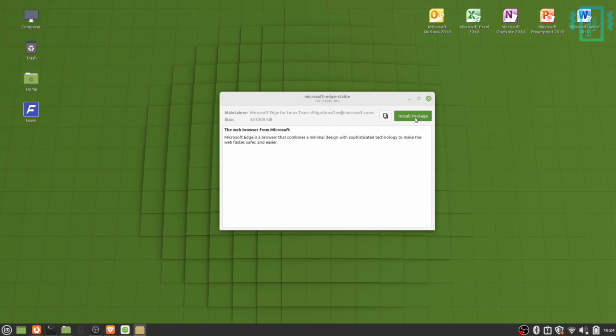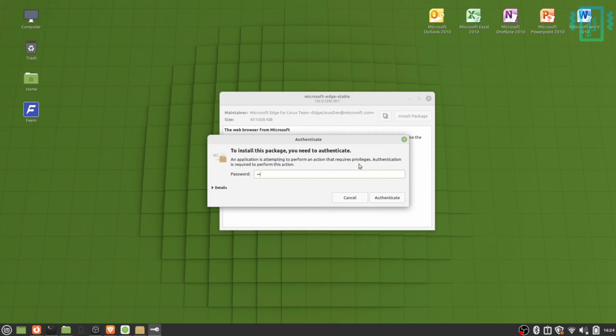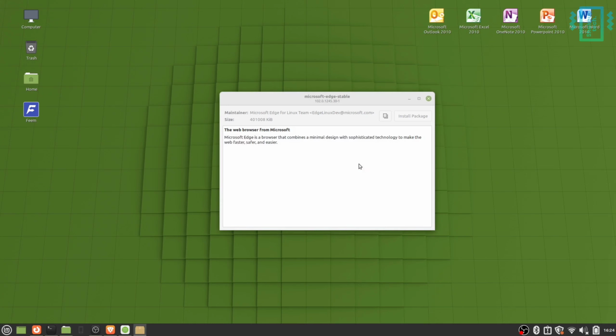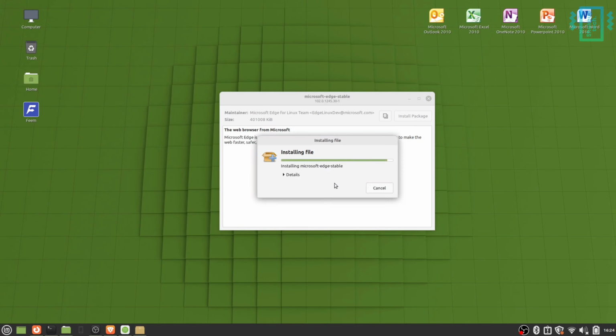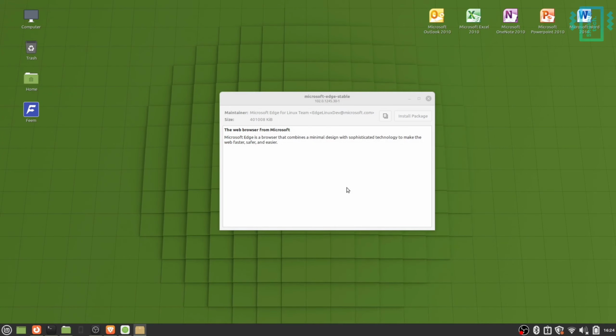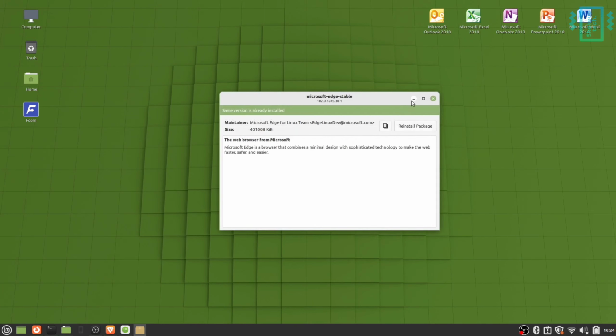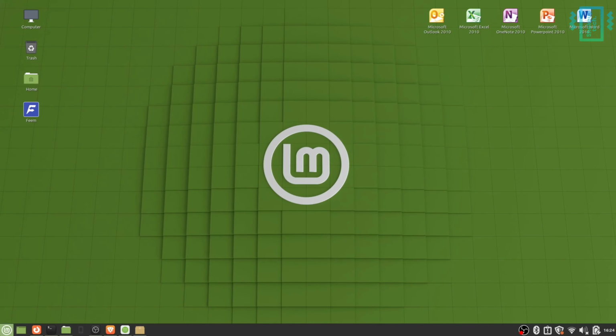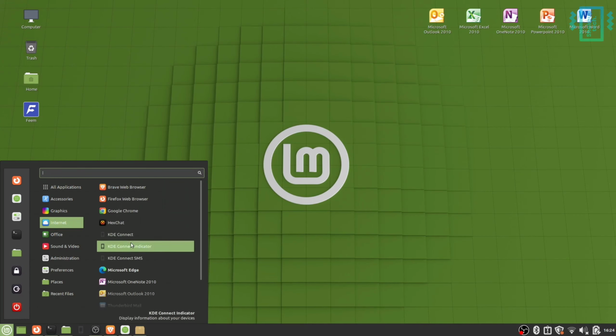And then we can install using the default package manager. We'll just put in our password and the installation will begin. You can see it is really similar to that of Chrome browser, and you can see the installation has done. So we can just open it from the app list,